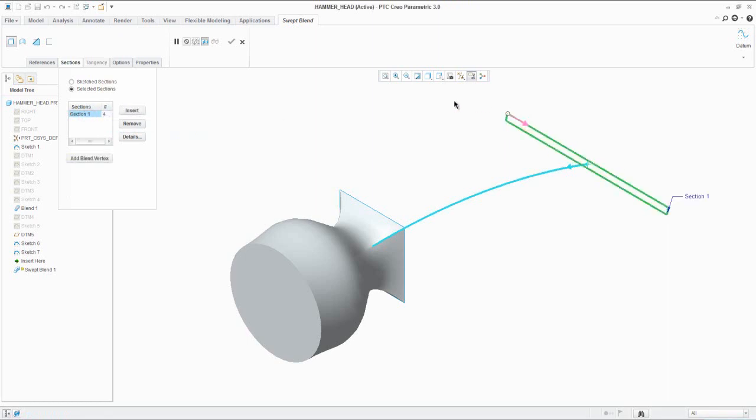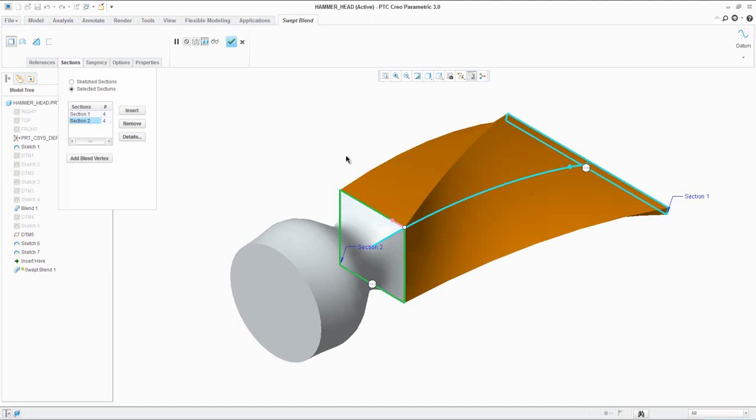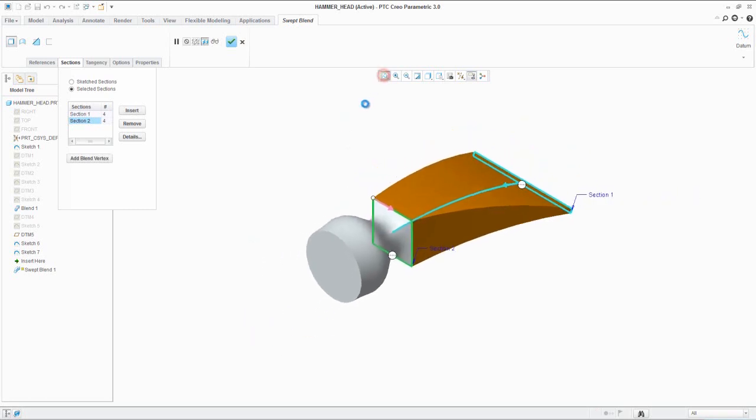Insert both the sketch profiles as selections for the blend. Drag the arrow to adjust the blend feature and execute the command.